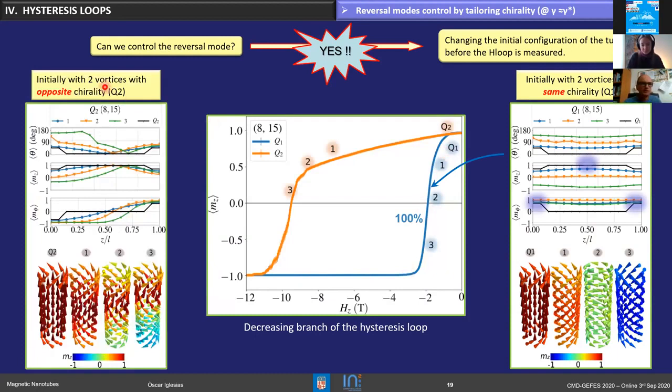Whereas if we prepare the nanotube, as in here, with vortices with opposite chirality, then we induce the reversal by the high coercive mode. So we have a way to tune high or low coercivity in the same tube by fine-tuning the initial condition, especially the chirality of the vortices that are formed at the ends of the